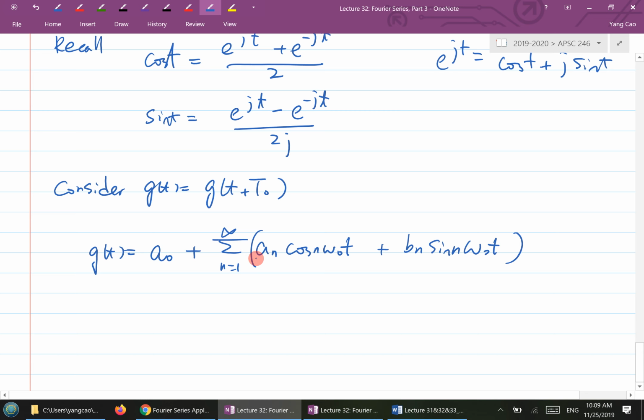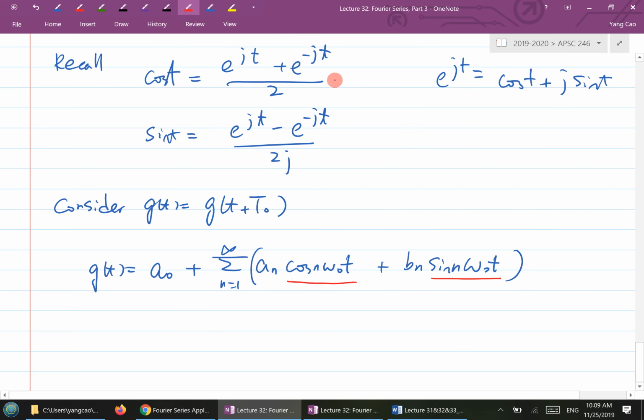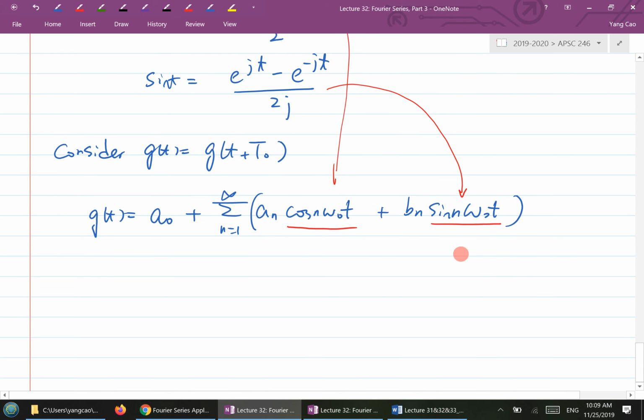I'm going to apply Euler's formula to the cosine and sine terms, so I'll apply this formula here and here. With that Euler's formula, I will get